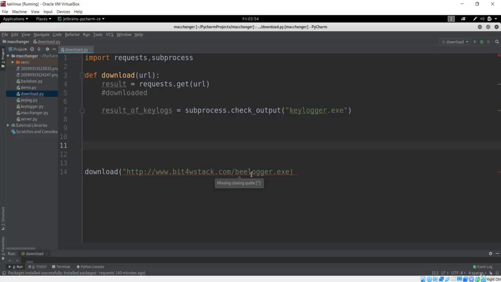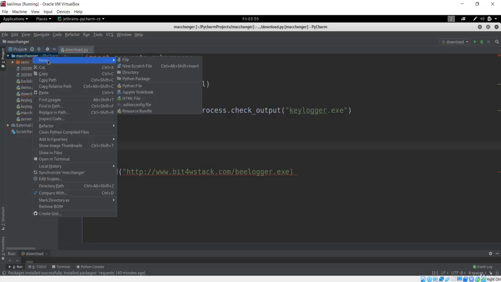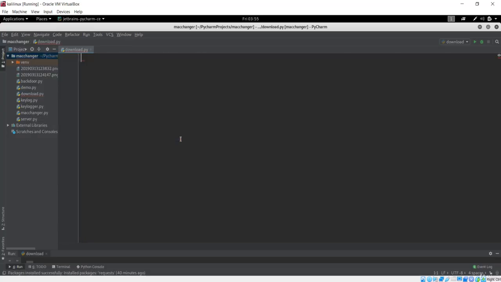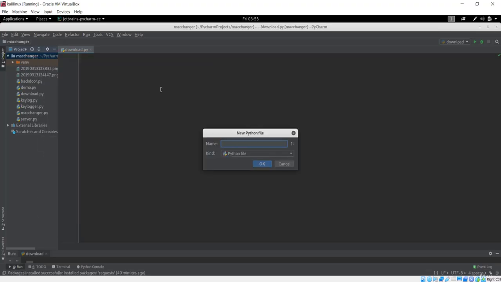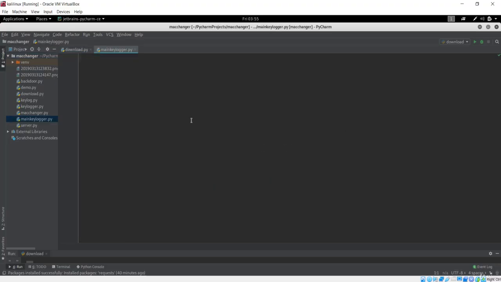But now I want to make everything from the beginning, so let me just create the new file. So instead of this, I'll just create the new file, and our file name will be keylogger. So we are not going to use the, okay, I have already made the keylogger, so I'll just say main keylogger. So this will be my main keylogger. So now what you need to do is create the keylogger on our own. We have also done this in the previous lectures, so this will also be a quick revision.